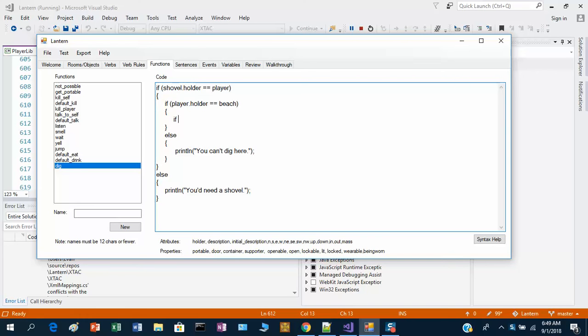And then lastly, we're going to check, have they found the thing that they are supposed to find when they dig? So we're going to have three if statements, one outer one and then two inside of that. They're called nested if statements. If statements inside of if statements. So let's say